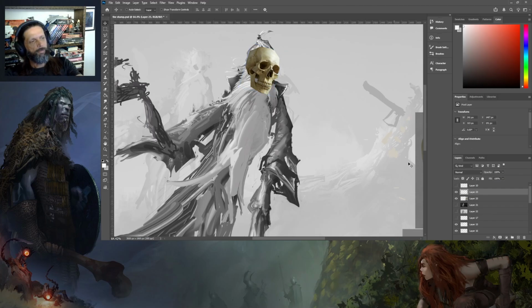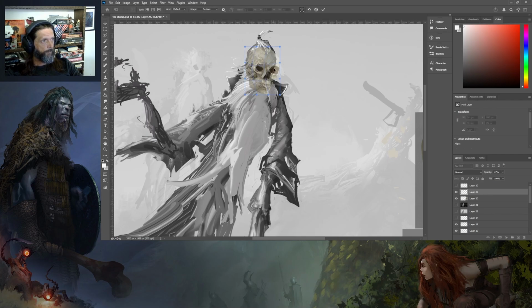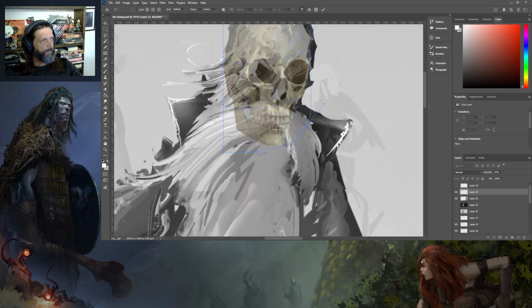And then maybe lower the opacity so we can match it up. Grab the warp tool and start to borrow